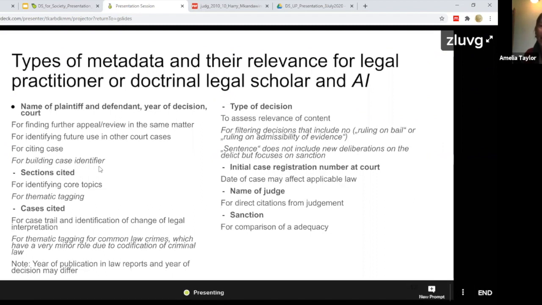Building case identifiers. This is quite a tricky one, and I'm going to talk to you about it later on. Section cited from the law. This can be used for thematic tagging. So if we know the laws that have been cited in a judgment, we can group the judgments according to themes. The cases cited, again, give us a case trail, like I told you before, which is the direct history of a case, but indirect history as well, which can be used for spotting legal interpretation. And again, themes that are coming through the common law